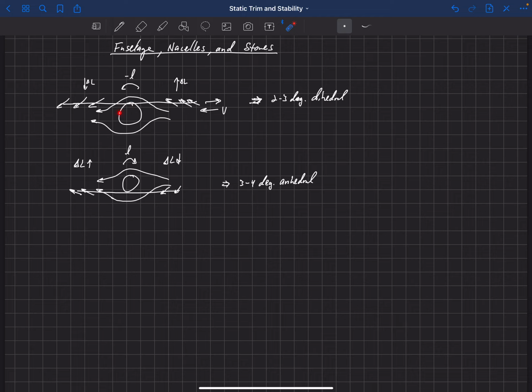And sometimes it's actually not. You'll even see aircraft that have a high wing that then put in some anhedral to counteract some of the dihedral effect due to the fuselage here. Remember, that's giving them 2 to 3 degrees of dihedral, and so sometimes you'll even see some anhedral on high wings. One example of that is actually the Antonov.